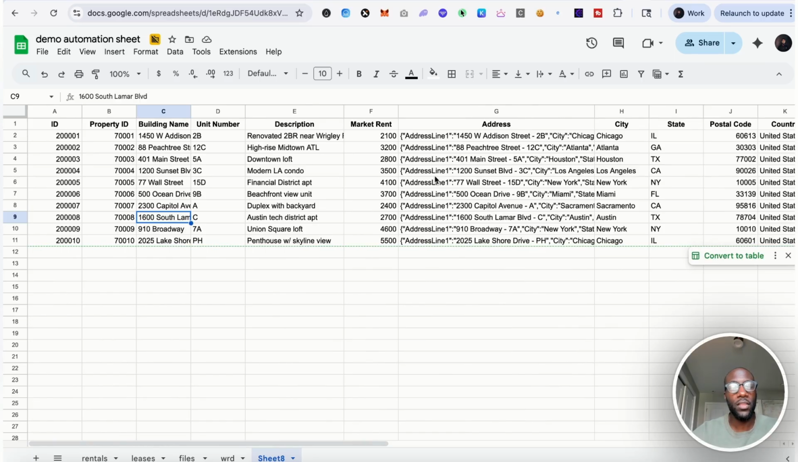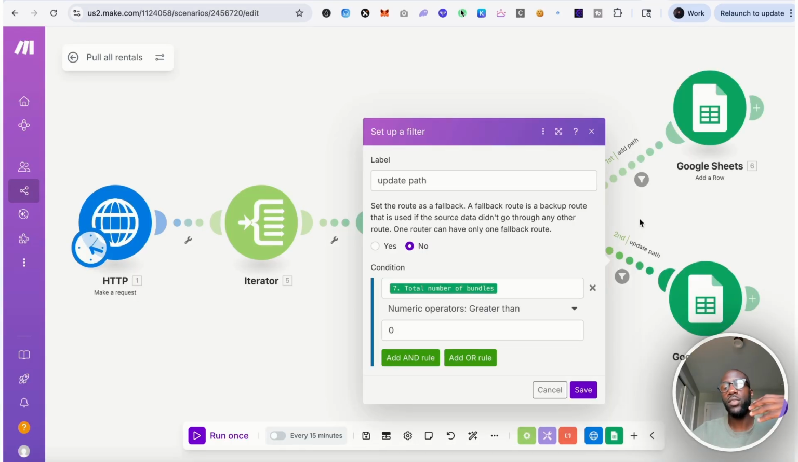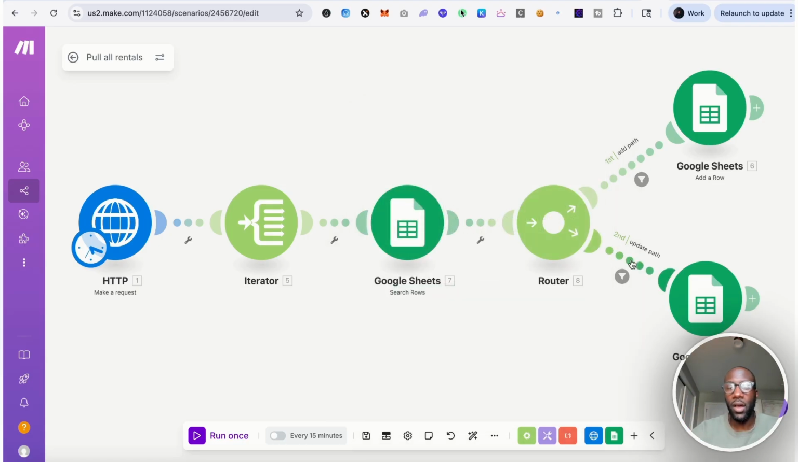So if there is an entry for that particular rental unit, we would just be updating the unit data itself when it comes in. It goes based off of something called bundles. If the total number of bundles is greater than 0, meaning that it already exists, the data is considered to be a bundle, it already exists, then it'll simply update what is already on the